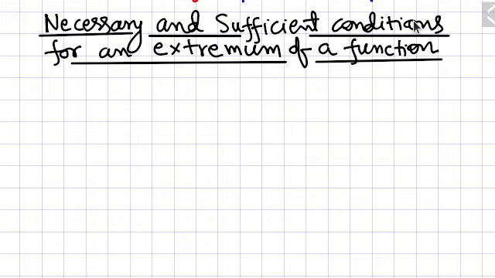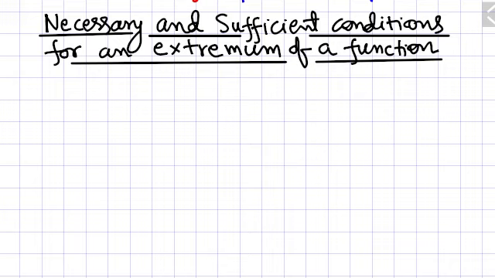Now we come to the next section of the lecture. It is the necessary and sufficient conditions for an extremum of a function. Extremum means whether it is minimum or maximum, so there is nothing to be confused about. In a way, we are interested in maxima or minima, and these conditions you already know, but in a formal way we are discussing them. And also here we are taking functions of more than one variable, meaning there can be 2 variables, 3 variables. So in a way these are new.